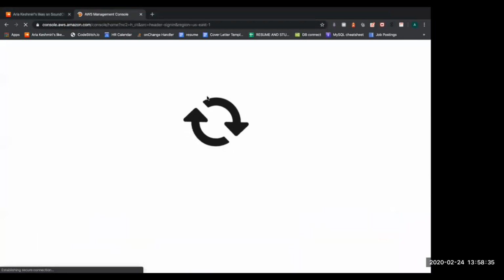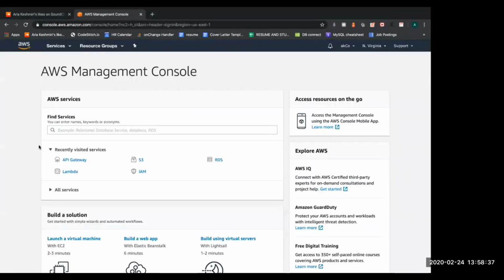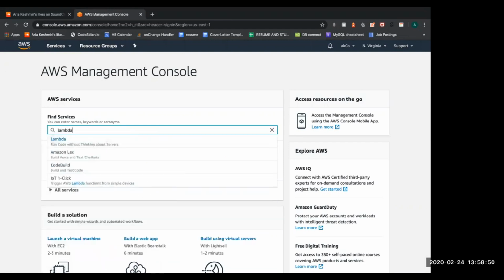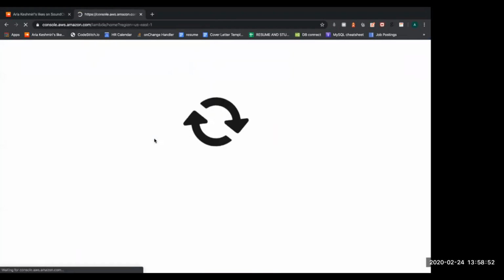Sign into the console. I'm going to do everything from scratch, except for what I didn't mention: we're going to be using an Amazon RDS database instance, and I'm going to be using a Postgres database for this particular example. So let's go ahead and go to Lambda,